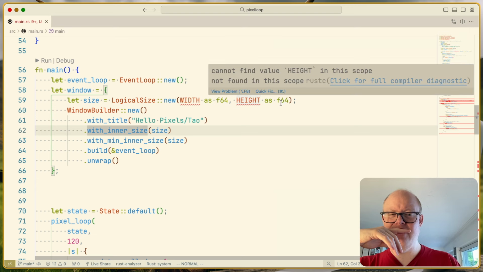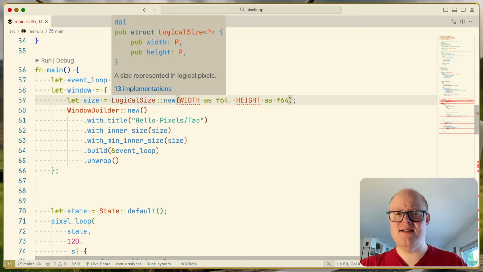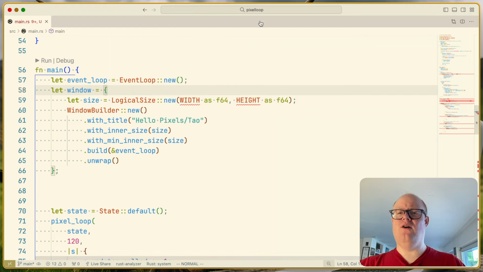Why are we taking this as a float here? Does that make sense? Is it logical size? They are all kind of... Wait, what? Okay, so